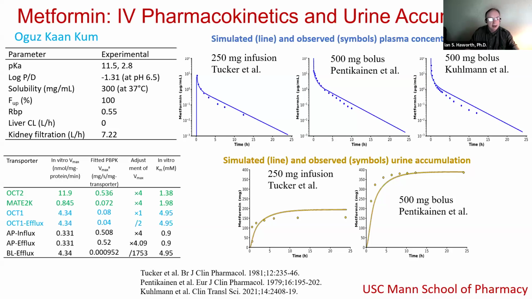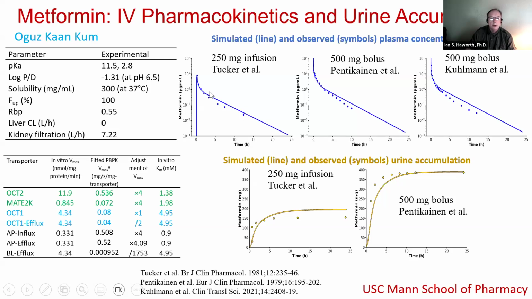Again, I'm not going to get into a lot of detail here, but just to make the point, this is first, so how do you start? How do you approach this problem? The way we did it, and I think the appropriate way to do it in general, is look for IV data to start with. In this case, there's plenty of data. We use 3 studies here,